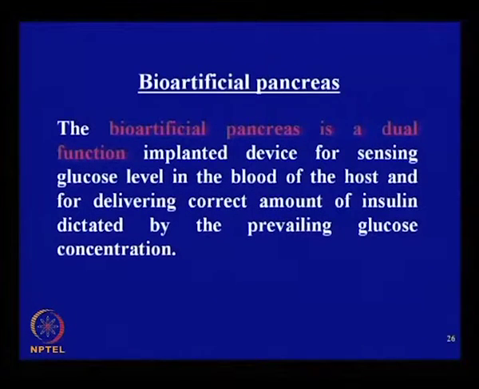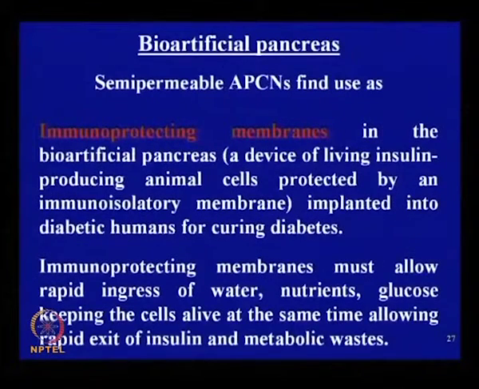Now, you are a polymer scientist, you have some knowledge in polymer, you can help some other researcher that look, here is a polymer, you can try with this. It is not that you always have to know everything, but if you know a little bit, if you have some exposure, you can help. Then you go for study and search the literature, you will find details of these literatures, and then you can develop the product.